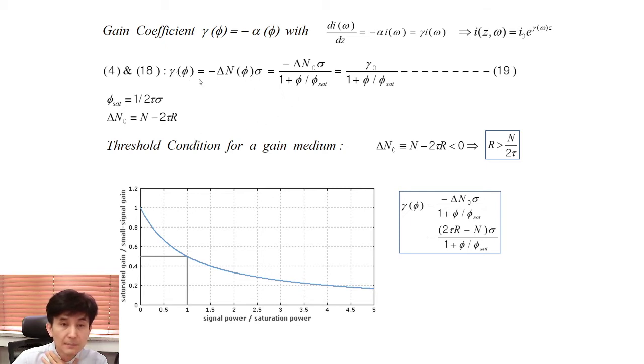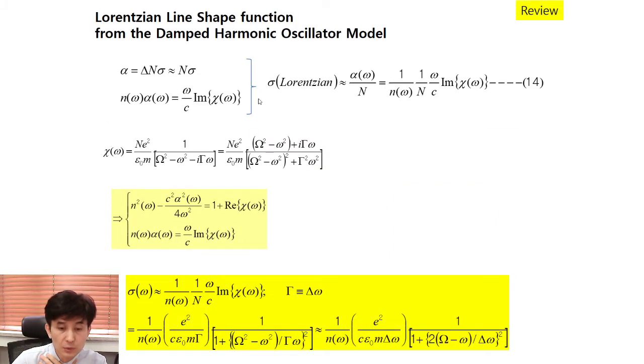Alpha is delta n times sigma, and gamma is just minus delta n times sigma. So we have sigma represented with the harmonic oscillator model equation, chi as a function of omega with this, and this is an approximated expression for this,